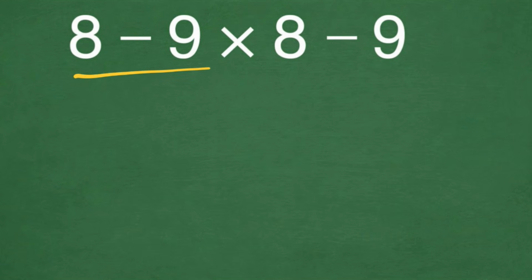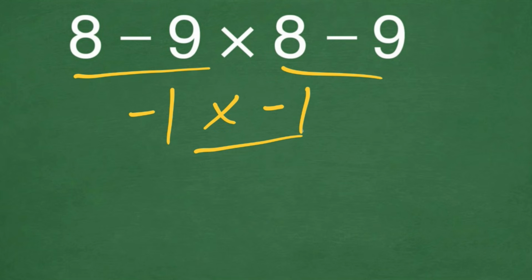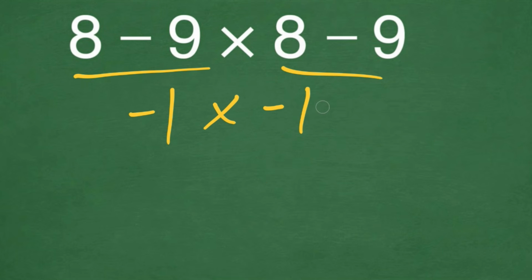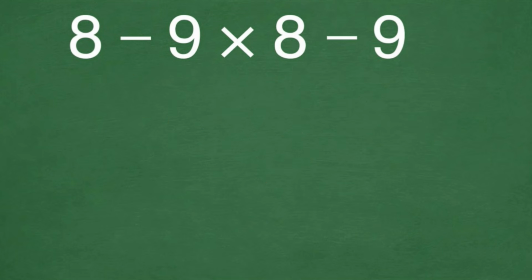8 minus 9 gives us negative 1. And again, here we have 8 minus 9, which again gives us negative 1. And negative 1 times negative 1 is equal to just 1, because negative times negative is positive, and 1 times 1 is 1. But this answer is not correct, because according to the order of operation, which is PEMDAS,